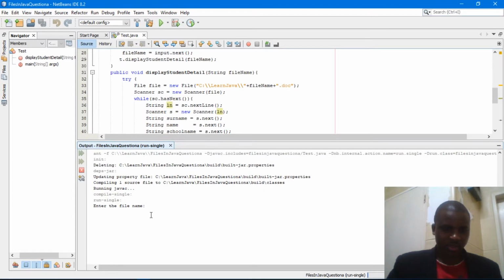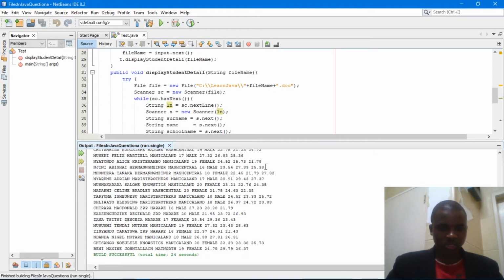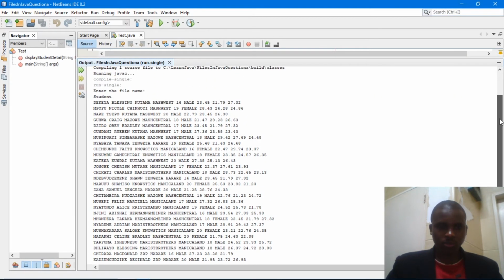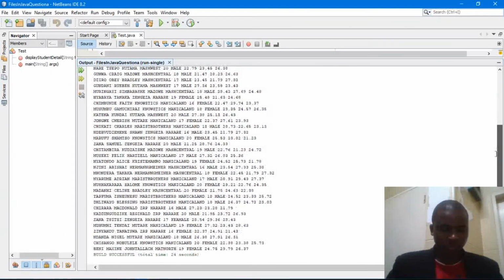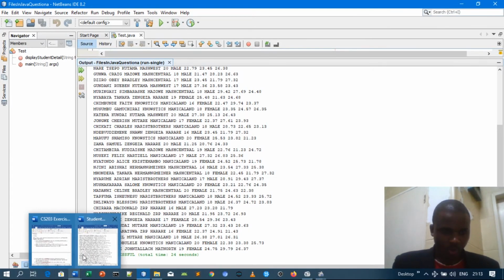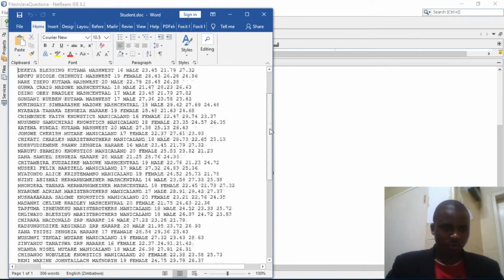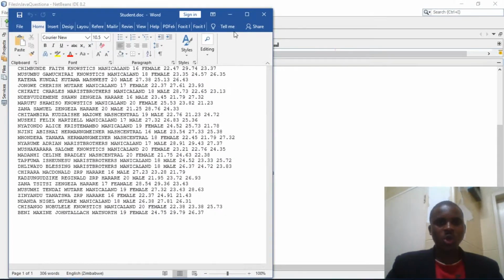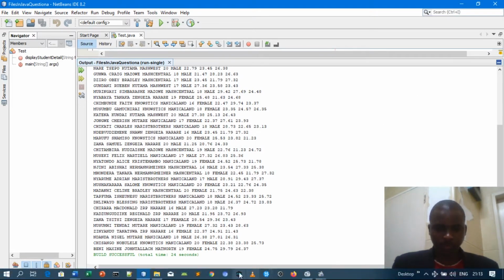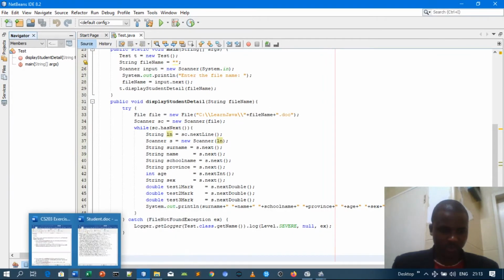So let's go to the document. You see here guys, from Daycare to Benny Maxine, which means we have managed to answer this question B. If you manage to answer question B, you have to move on to question C. Question B was actually asking us to modify the method so that we can print the whole document, and also we must be able to print from any document that we are given, rather than printing from the student document only.